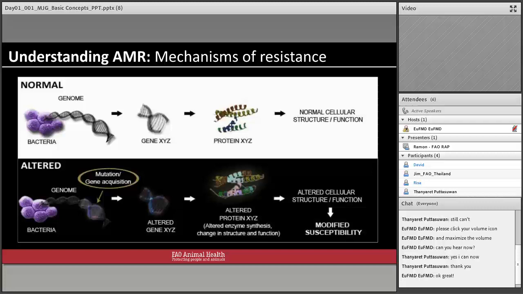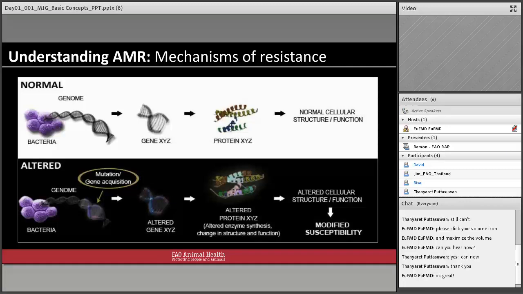And the sad part is that normal bacteria that are normally affected by these antibiotics are of course going to die, but those that have gained this are going to survive. And by this selection, what you will be left with are those that have resistance. And then this just builds on and on and on. Some particular genes, once they acquire them, they stay. Some, if you remove the source of pressure, for example, if you're feeding an animal consistently and then you remove that source, can revert back because really they don't need this gene.